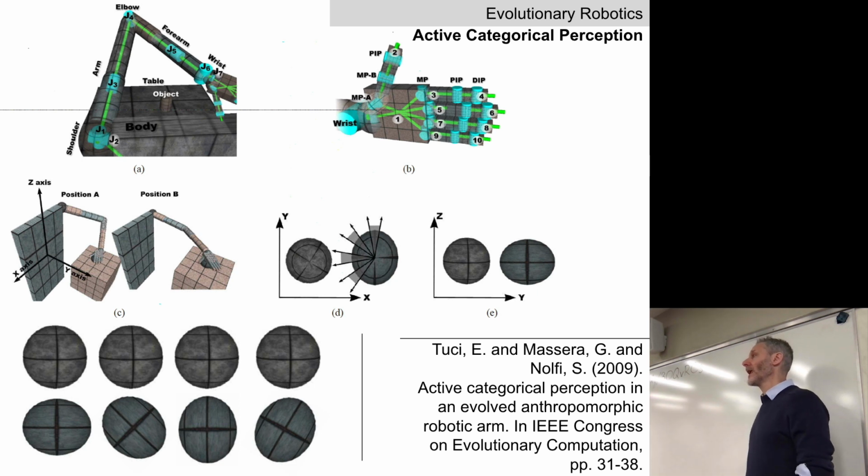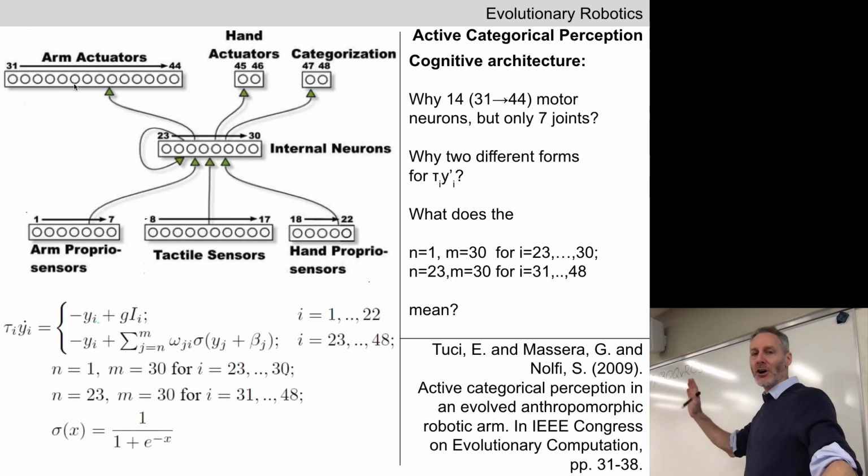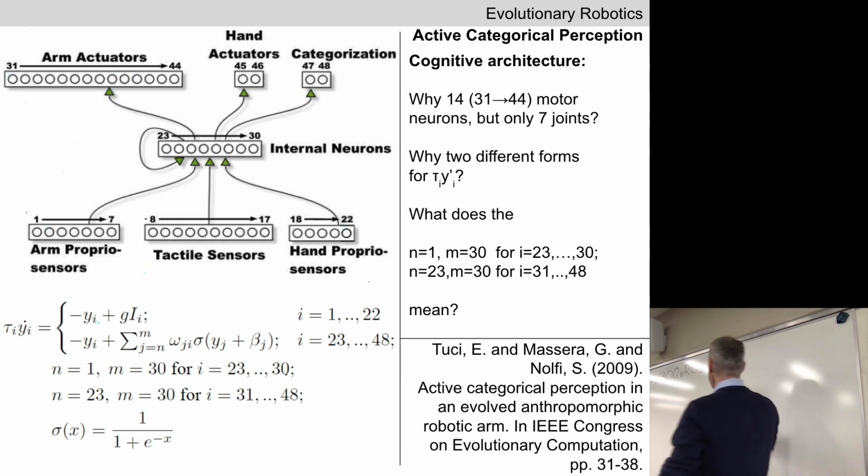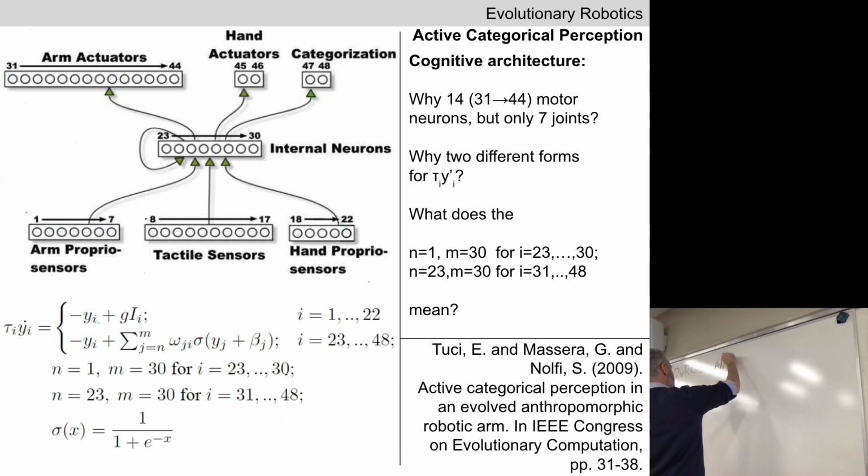The fact that our muscles can only pull in one direction. The 14 motor neurons, although it's not shown on this figure, only output positive numbers. They pull with more or less force. This is known as antagonistic and agonistic